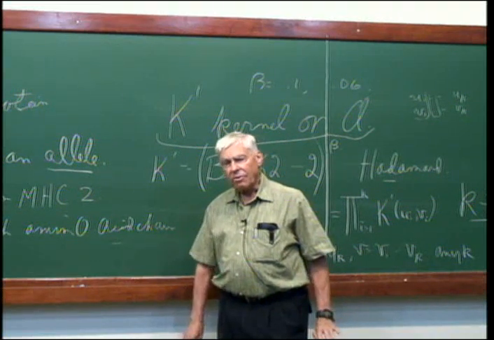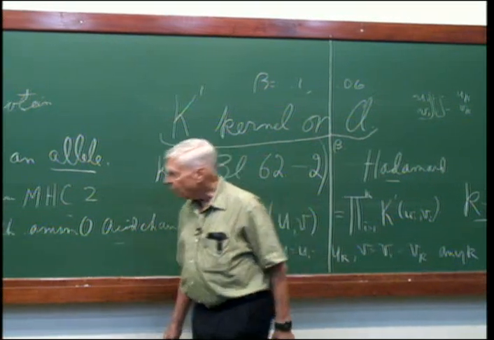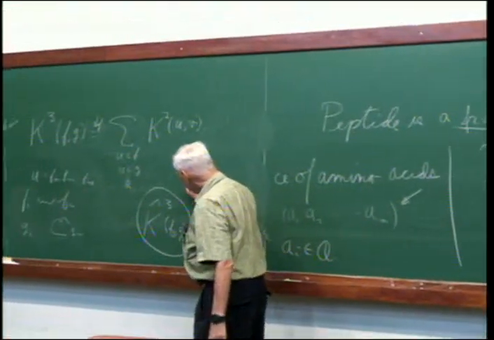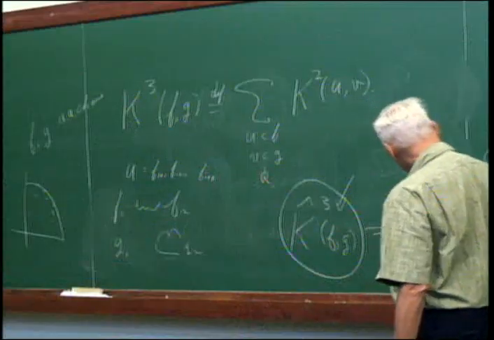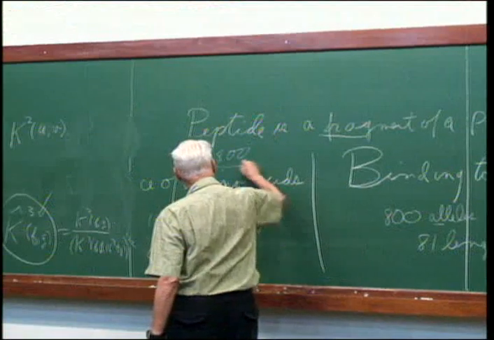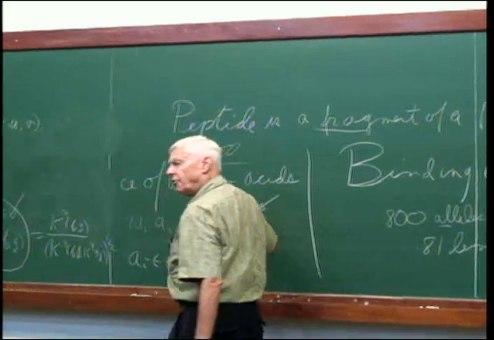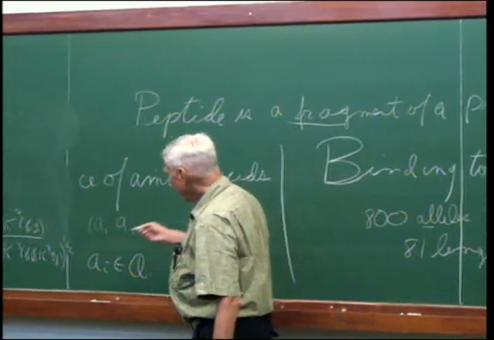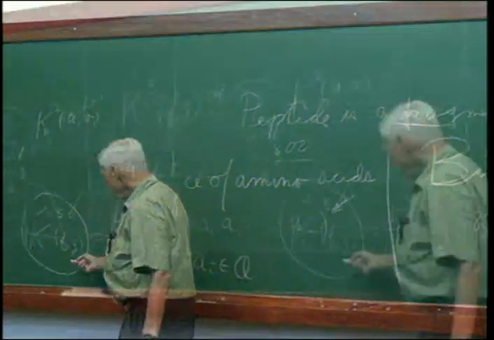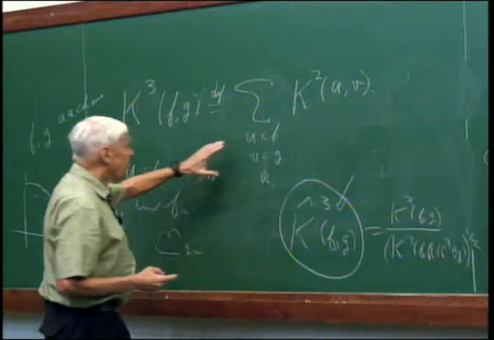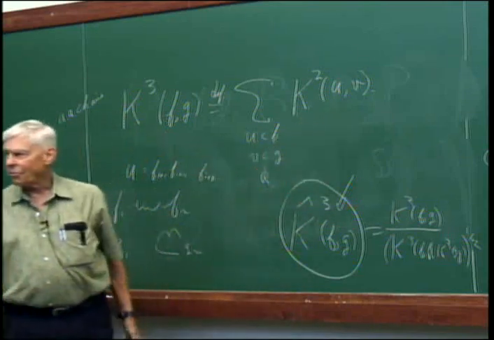But it's a very big computational project because, the main thing is, if you have a database of, say, 800 of these elements of the gene database, it's going to be an 800 by 800 matrix. And each of these elements in the matrix has a huge sum over all pairs of subsequences.